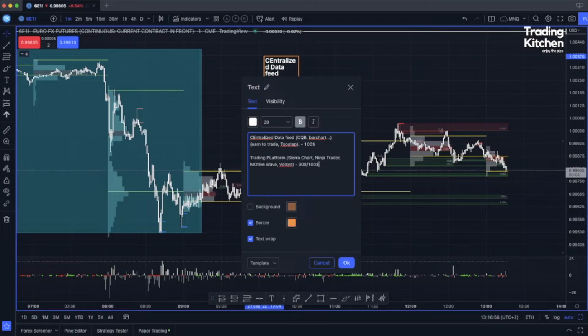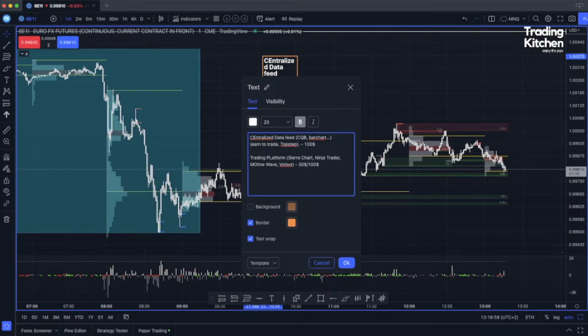If you use only TradingView or only MetaTrader 4 or 5, in my opinion, you miss a lot of data, lots of data that can really make the difference. So anyway, you see, more or less $200 per month